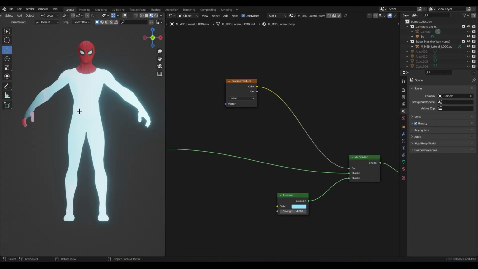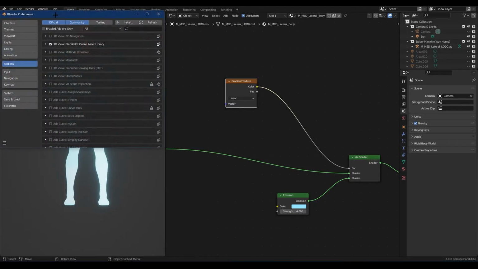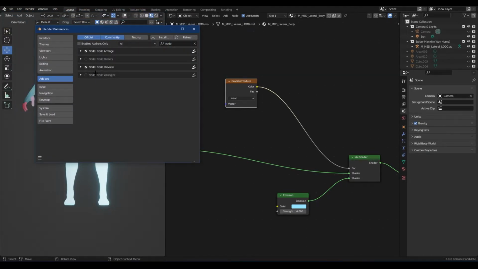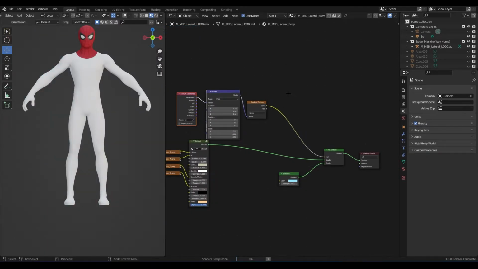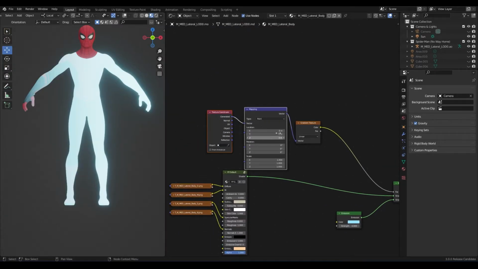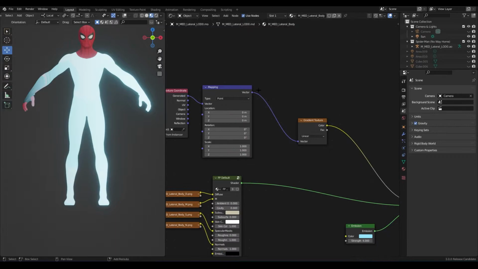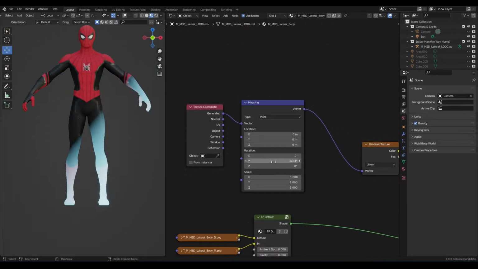Alright. Well, as you see, the gradient is not the way we want it to be. So if you have the Node Wrangler add-on, you can go to Edit, Preferences, type node. This is the add-on you need on. Just turn it on, close it, and hit Control T, or on a Mac I think it's Command or something like that. With this we can actually change the rotation and location, all of that stuff. I think you just play around with it. I think it's the Y. So you see if I'm moving it, it's -50, -60, so just change it to -90.